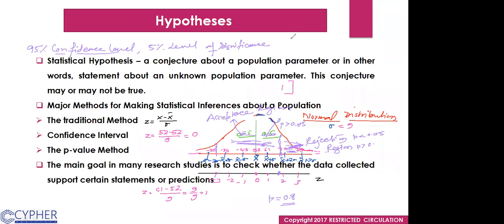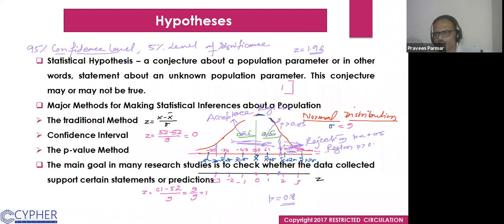Can you run through one more time, sir? The p-value greater than 0.05? If the p-value is greater than 0.05, then it will lie here in the acceptance region. That probability lies here. If it is smaller than 0.05, then it will lie here in the critical region, or the rejection region. This is the line for 0.05. If it is in this right side region, then it will be rejected.